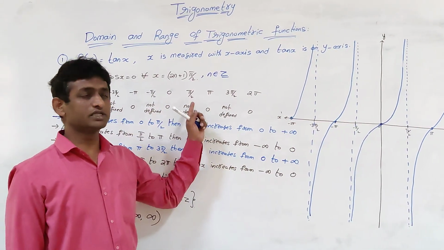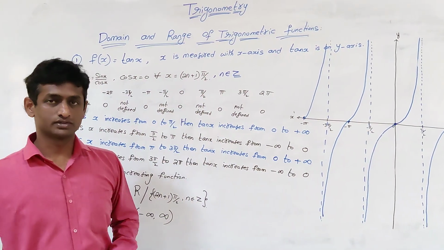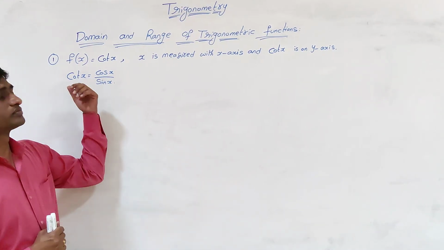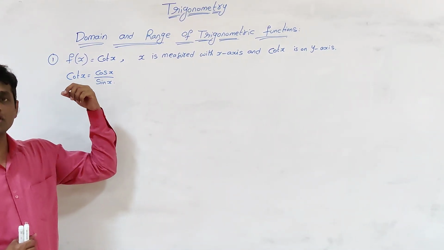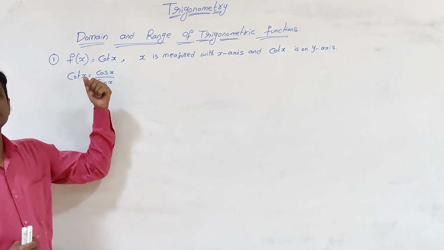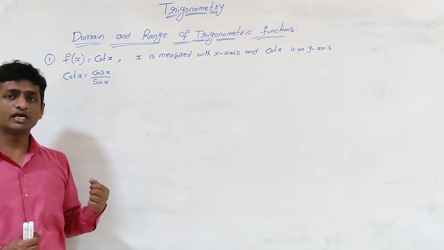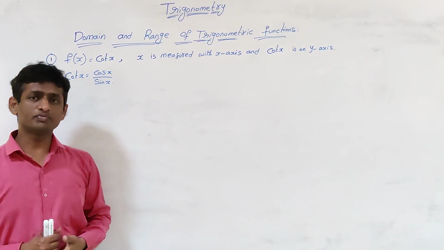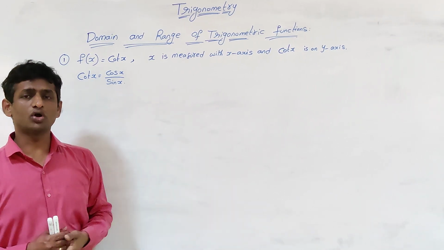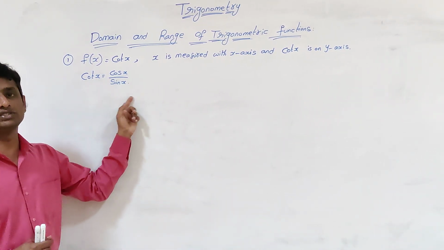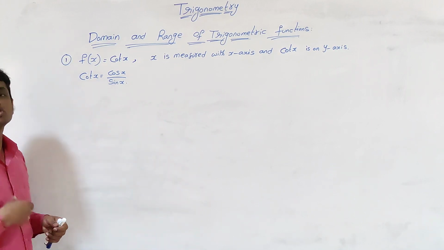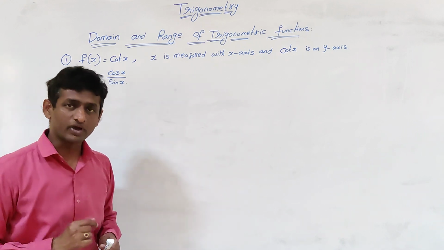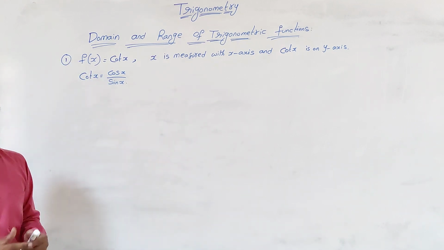First, we will go for the reciprocal of tan x, that is cot x. Now we will see the domain and range of the trigonometric function cot x, where cot x is the reciprocal of tan x, or we can write cot x as cos x by sin x. Again, it is in the form of f by g. So in order to define cot x, the denominator should not be 0, means sin x should not be 0.